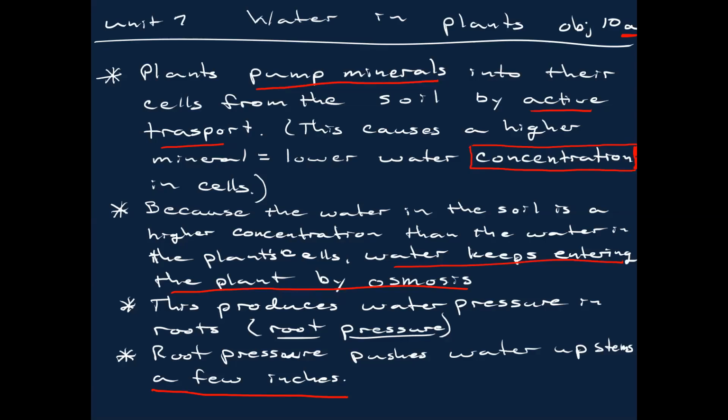The next thing we'll talk about is water in plants, and this is actually a little bit complicated. So I'm not going to start into it until after spring break,